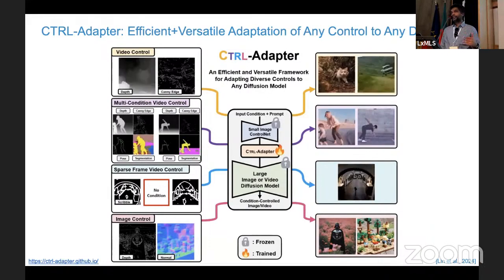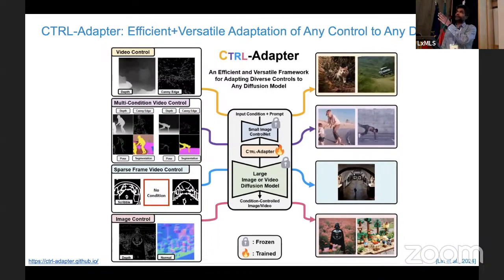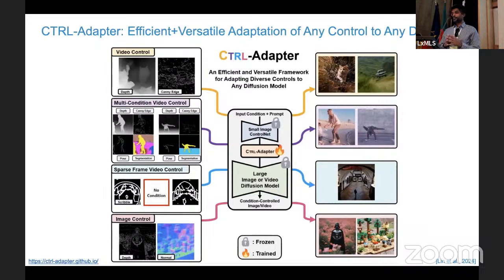So control adapter is the first open source academic effort where we are trying to have a very efficient way to convert any user-defined input control to a control net, and then through very efficient adapter training, be able to add it to any kind of video generation backbone. So any kind of input control can be applied to any kind of video generation backbone. The best part is it's only 12 GPU hours, so maybe around 8 to 16 A800s and 12 GPU hours.